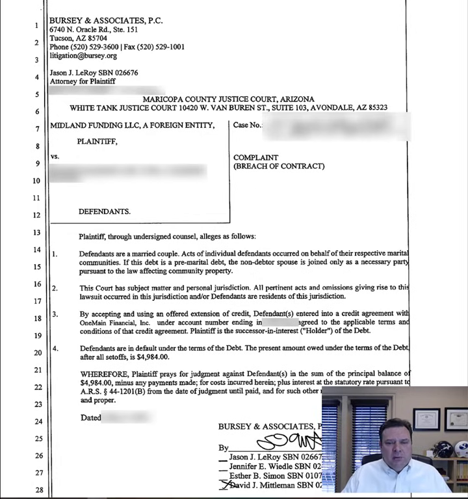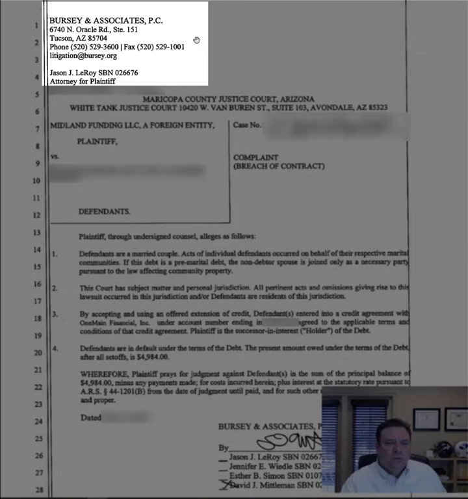Now, as you look at the complaint, and granted, this is a very bare bones one that this law firm uses that only has 4 specific allegations in the paragraphs. You can see the 4 numbered paragraphs there. But I want to walk you through what's in the document because that will help you as you draft your own response to this, as far as knowing who the different parties are and what the different parts of the complaint are.